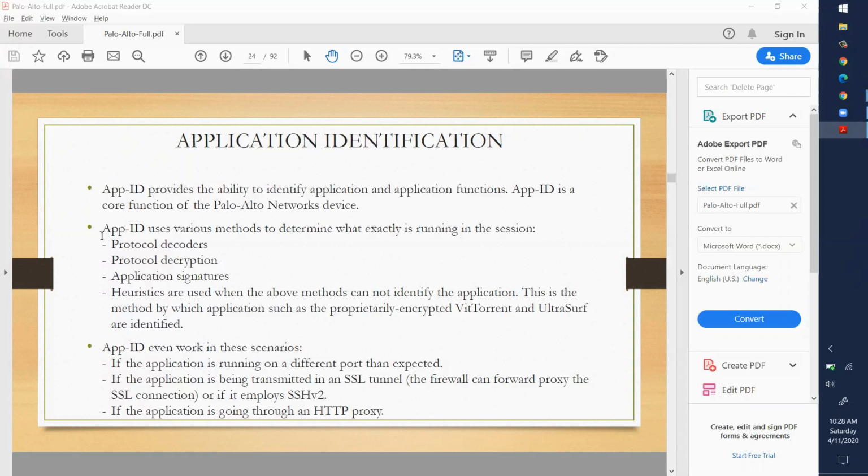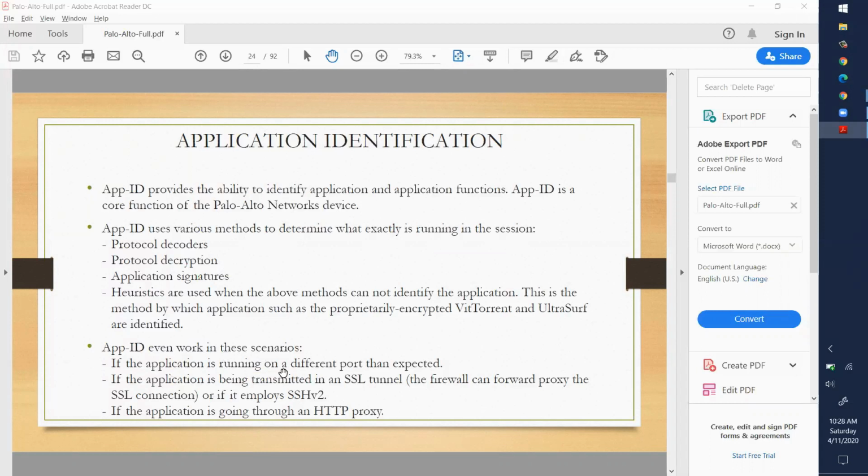So App-ID uses various methods to determine what exactly is running in this session. These are all the features which are used. App-ID even works in these scenarios. In which scenarios?